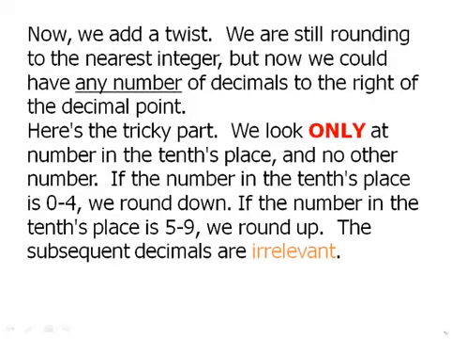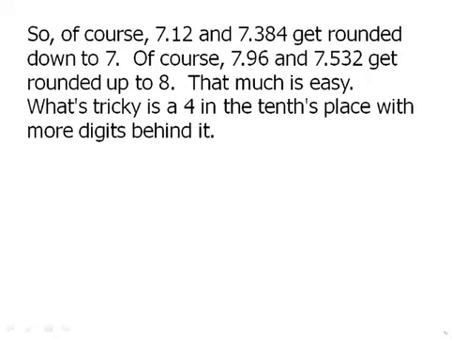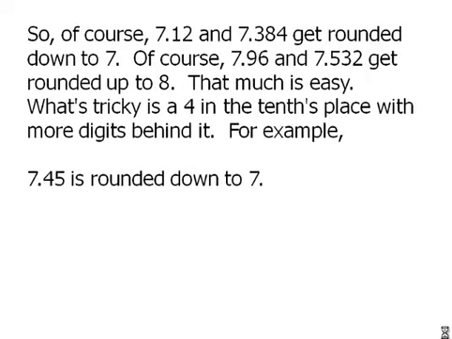We look only at the number in the tenths place and no other number. If the number in the tenths place is 0 to 4, we round down. If the number in the tenths place is 5 through 9, we round up. The subsequent decimals, anything beyond the tenths place, is absolutely irrelevant. Here's what I mean by that. Most people are pretty clear in the fact that numbers like 7.12 or 7.384 get rounded down. And of course, 7.96 or 7.532 get rounded up to 8. Most people get that. But where it gets tricky is when we have a 4 in the tenths place with more digits behind it. So, for example,